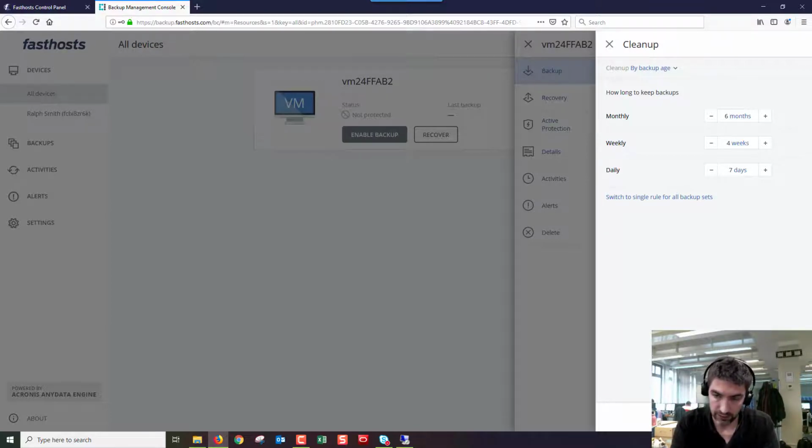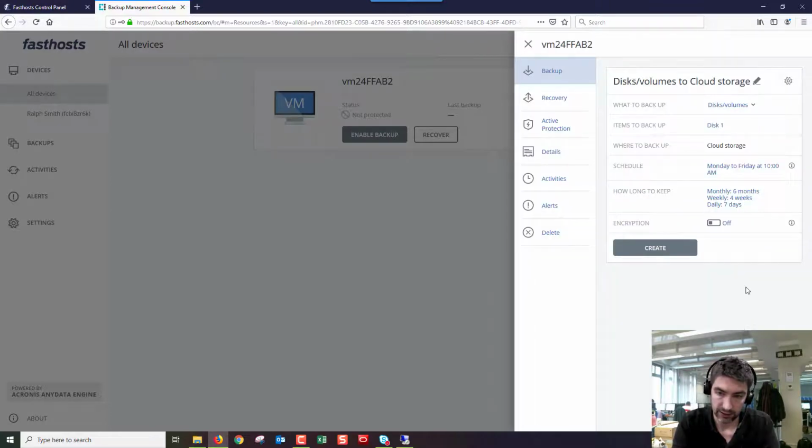So we click done on that because that's fine. You can change that as you want. Again, it's going to be a space issue there. The longer you keep things, the more space it's going to use. Basically, what will happen is it will only back up files that have changed since the last backup. So it's not going to do a full system backup every time. If nothing's changed, it won't back it up at that time. So if we go ahead and click create on that one,